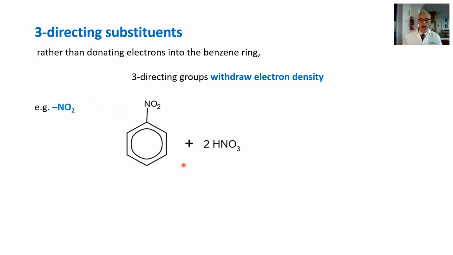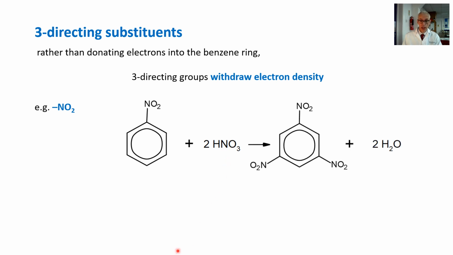So if I give you this simple problem, nitrobenzene nitrated with 2 molecules of nitric acid, could you propose and draw the structure of the organic product? Pause, come back when you are ready. Okay, so I'm going to reveal. So we've got trinitrobenzene,